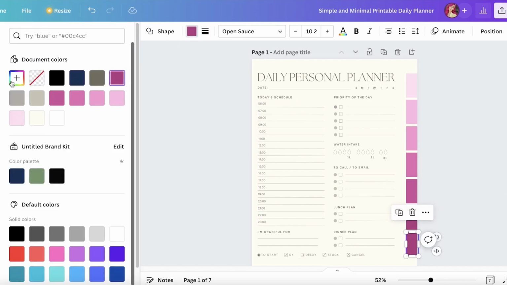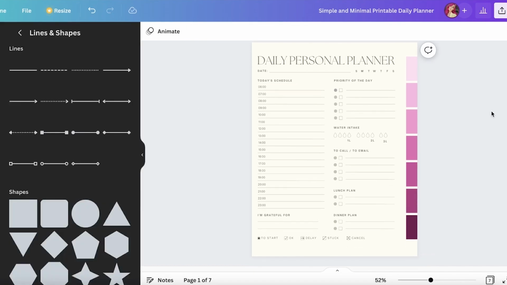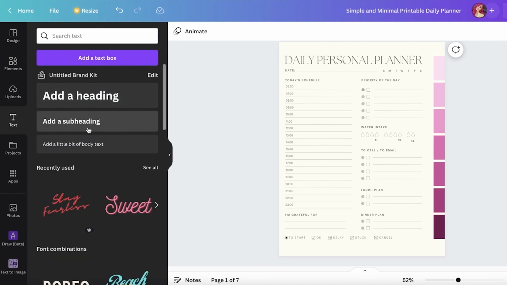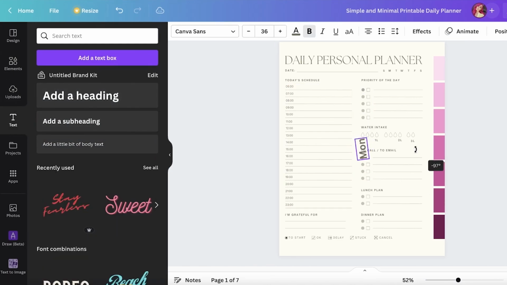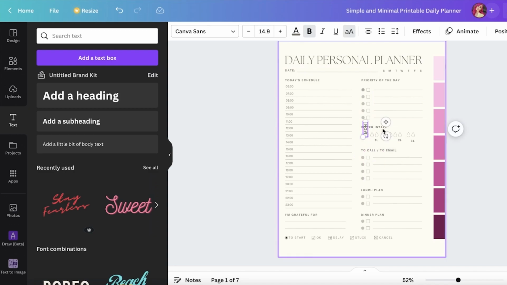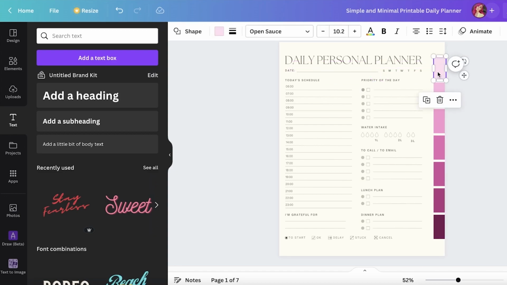And like so, I've added all of my little blocks. Now on each of these blocks, I wanted to say Monday, Tuesday, Wednesday. So I'm just going to go into the text, click on add a subheading, and write MON, which is Monday. And I'm going to capitalize all the text, then resize my text and place it over here. You can place the text later on as well, but the first thing you want to do is